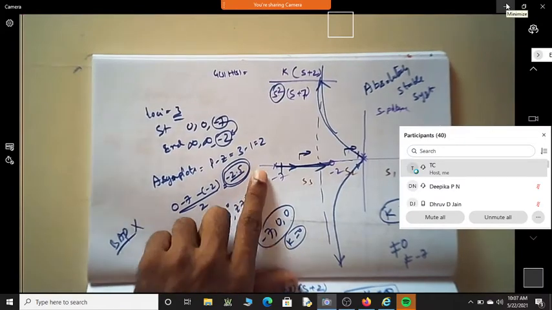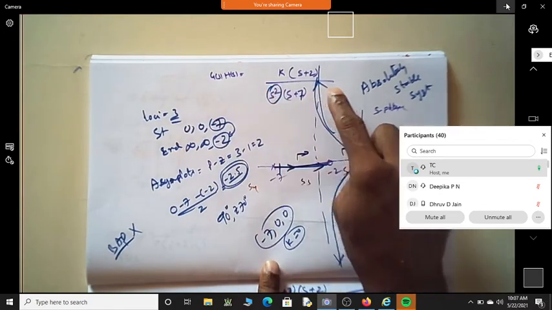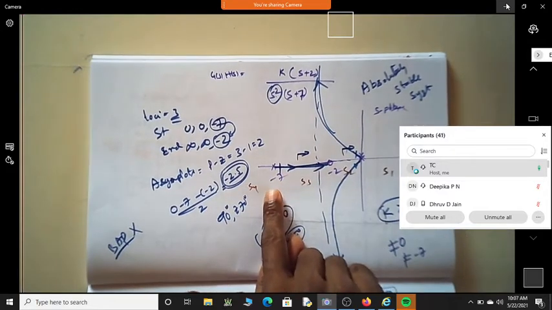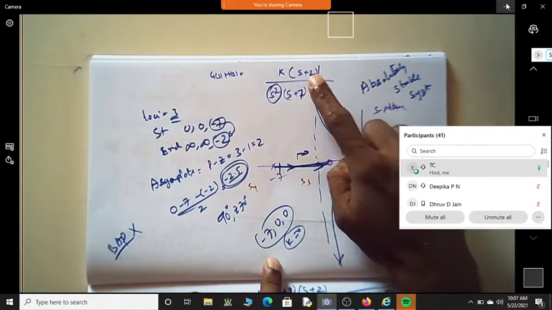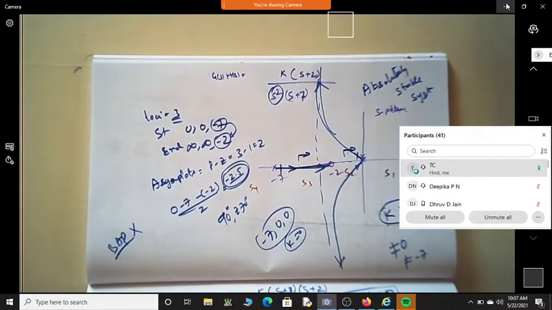Okay, in this particular problem, we have already solved the GFS into HFS given by this. We have repeated poles at the origin, the open loop poles. One is at -7, and of course there is a zero at -2. We have actually solved this in the previous class itself.